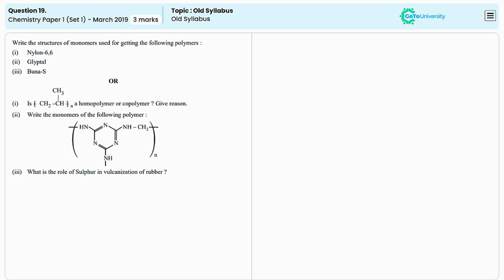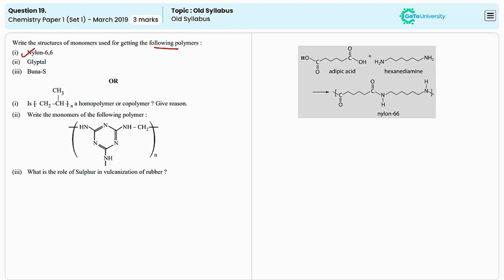Here the question is to write the structures of monomers used for getting the given polymers. First one is nylon 6,6. This is a type of synthetic polymer, specifically a type of nylon known for its strength, rigidity and thermal resistance. It is made from hexamethylene diamine and adipic acid, and the reaction for their preparation can be represented as per